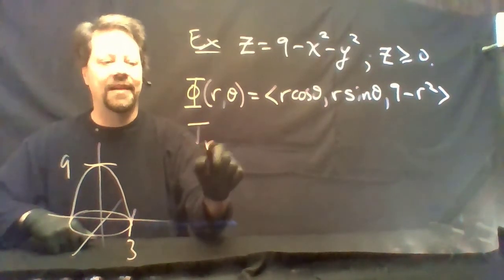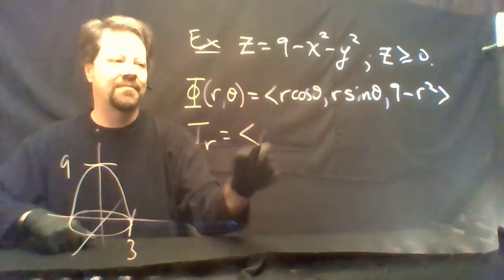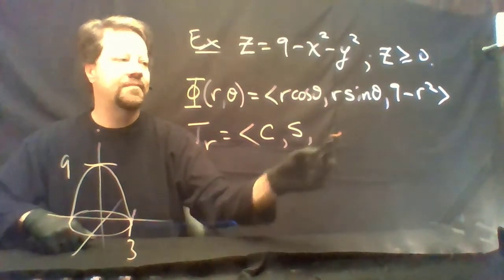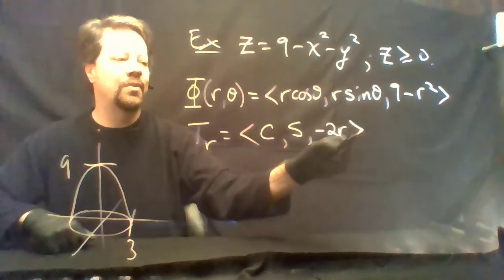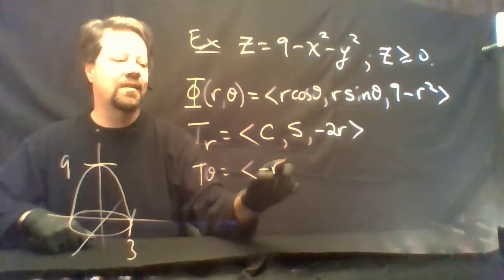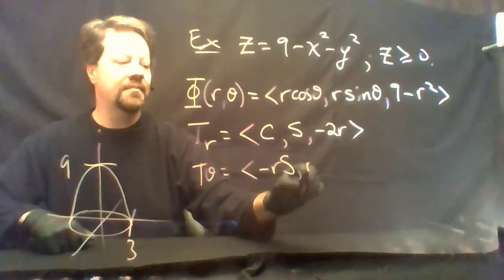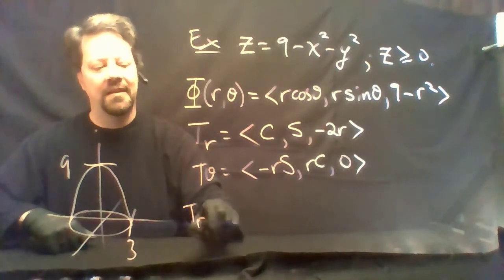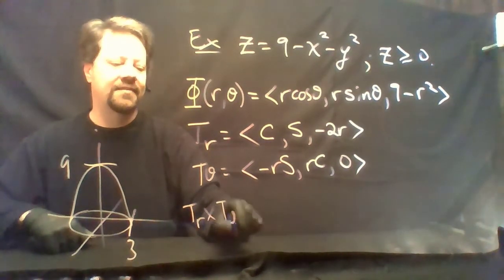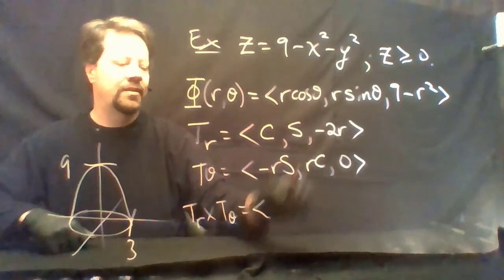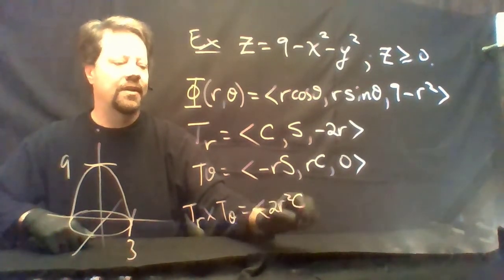The tangent vectors will be Tr and T theta. Tr will be cosine theta, sine theta, minus 2r. T theta will be minus r sine theta, r cosine theta, and 0. Tr cross T theta will be 2r squared cosine theta